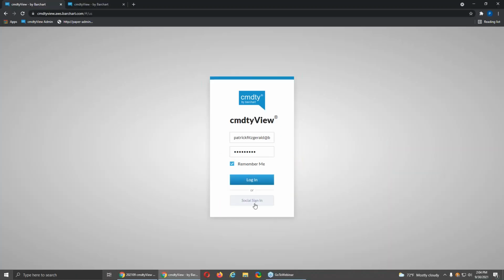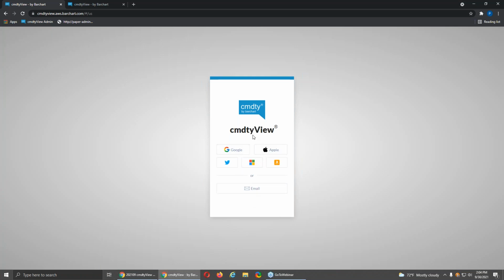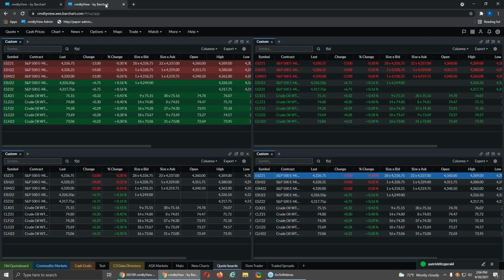So to find that, you just click on the social sign-in right here, and you can use any you want. And it's just a much easier, quicker way to get in. And then once you're in,